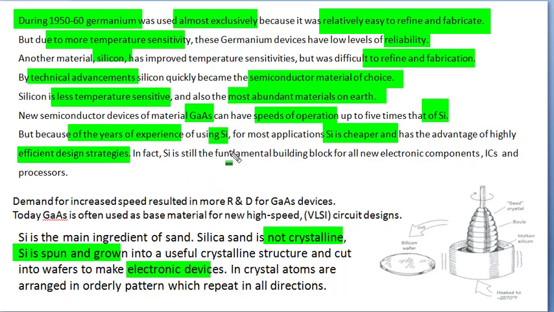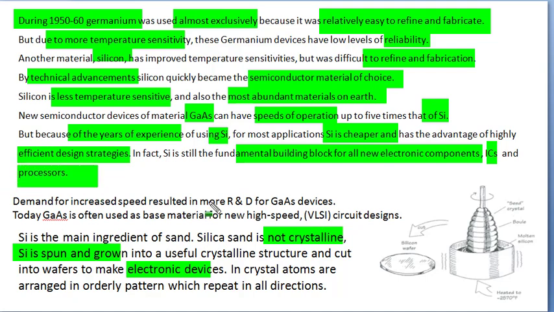So still the silicon is the fundamental building block of all our new electronic components, ICs, or even complex processors. But the demand of increased speed resulted in more research and development in gallium arsenide devices, and today GaAs is often used in very large scale integrated circuit designs, and all our LEDs got GaAs as one of the base